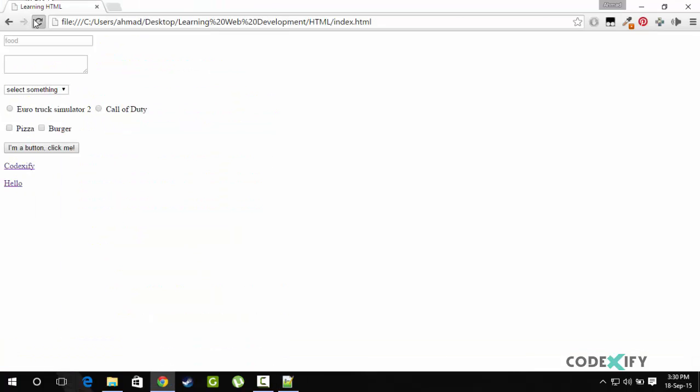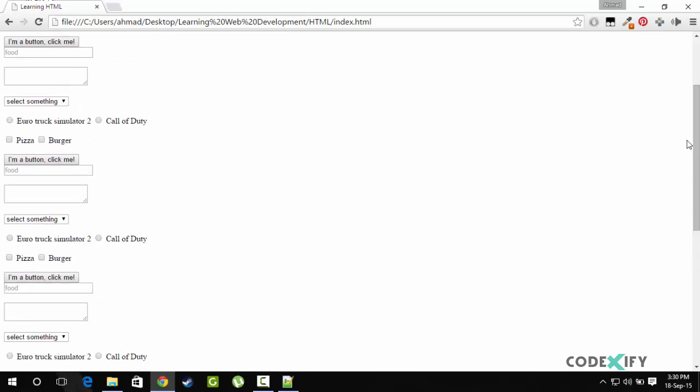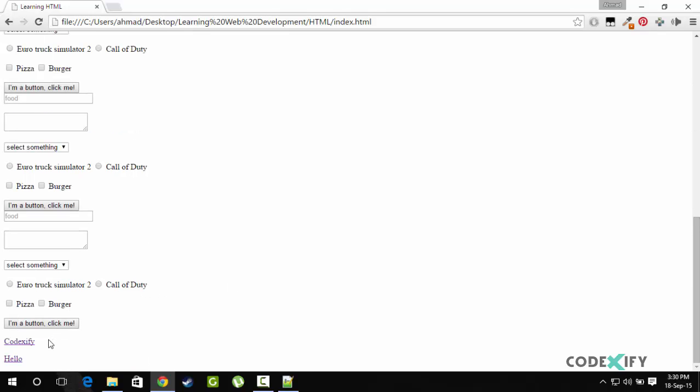Now let's see. Okay, it's pretty big now. What I want to do is make a link to a part of this web page. So it means if you scroll down all the way to Codexify here and you want to go back to the top,